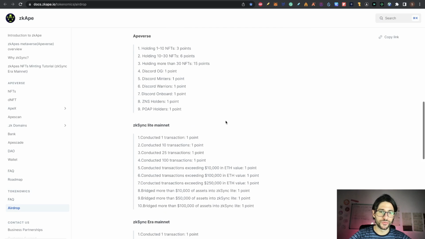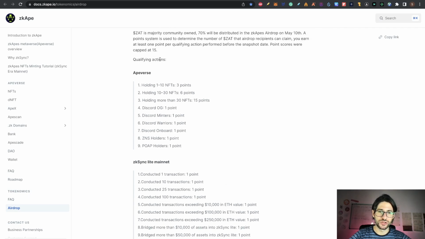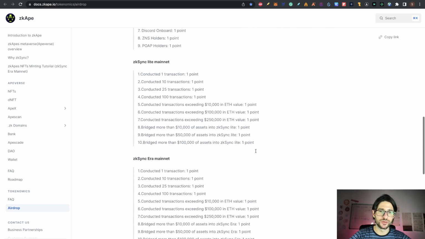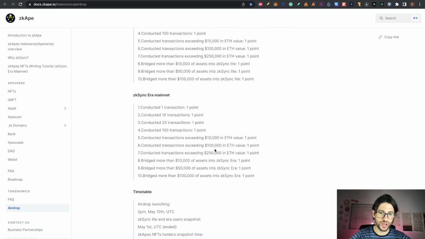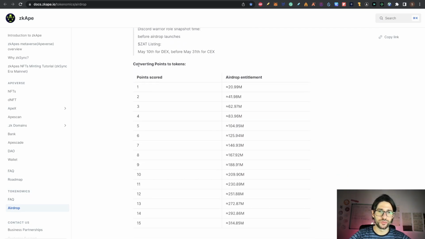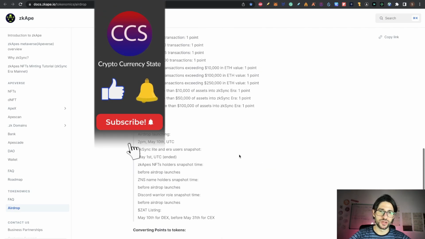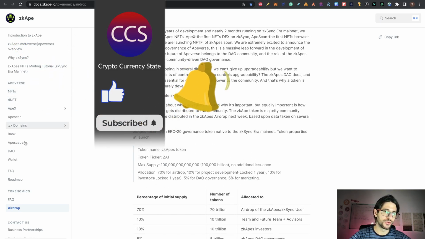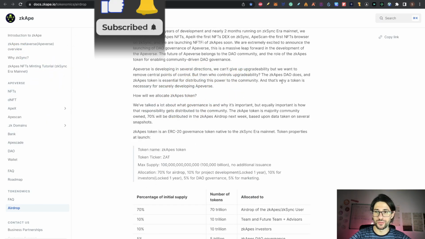Down here you can see all the different qualification actions. I am not going to go one by one, but you can see some of them are related to the Apeverse and others to Zkylink Mainnet, Zksync Era Mainnet and Timebell. And here you can see how they are converting the points regarding the tokens for your airdrop entitlement. So everything is explained here, and after seeing this introduction and these many projects that they are developing,